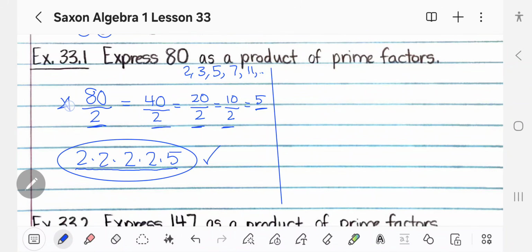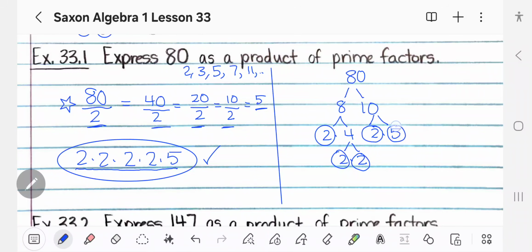Personally, I have to really kind of think about it to do it this way because I have been for a very long time doing this with a factor tree. And with a factor tree, you don't even have to just do it by divide by primes. You can do whatever. Like here, you see it ends in 0, so you could say 8 times 10, and then just keep breaking everything up until you get to primes. I personally like this method easier. I like it more. I feel like I mess up less,